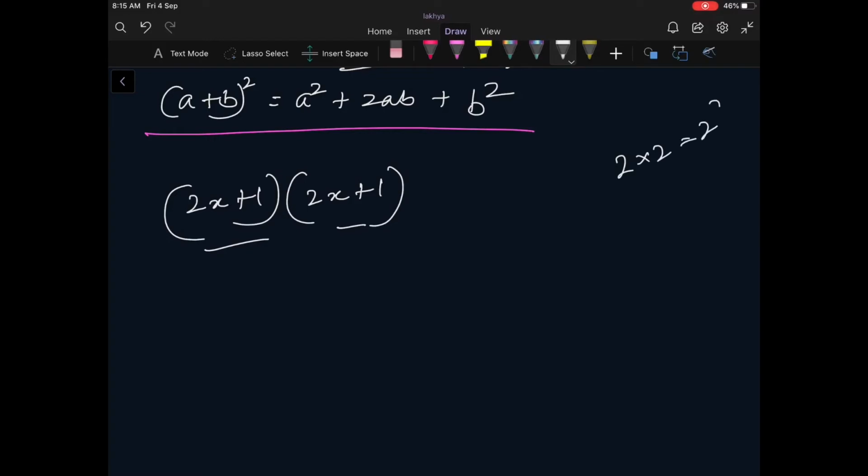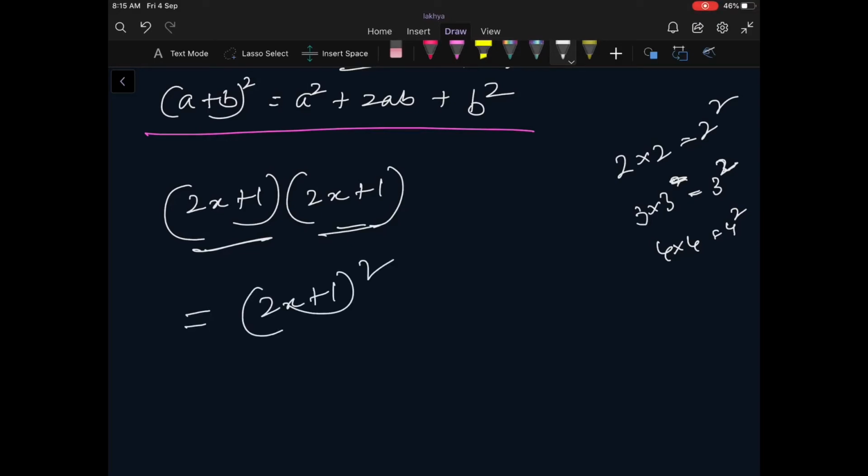Now you see, as we know that 2 into 2 is 2 square, 3 into 3 is 3 square, then 4 into 4 is 4 square. So similarly, (2x + 1) into (2x + 1), definitely (2x + 1) whole square. Now compare this a with twice x and b with 1, and comparing this, what you will get as the result of this,